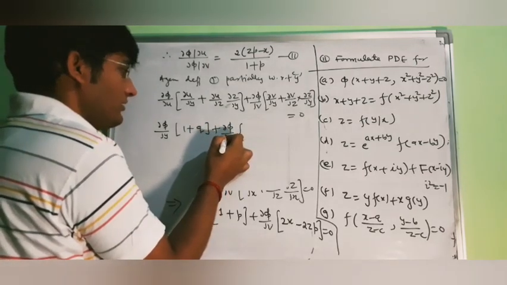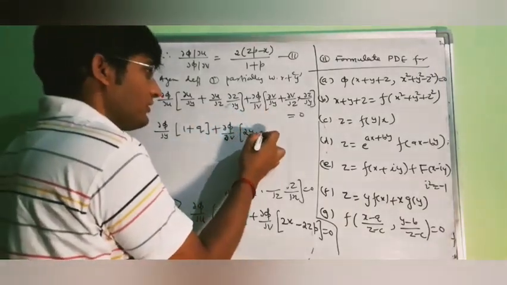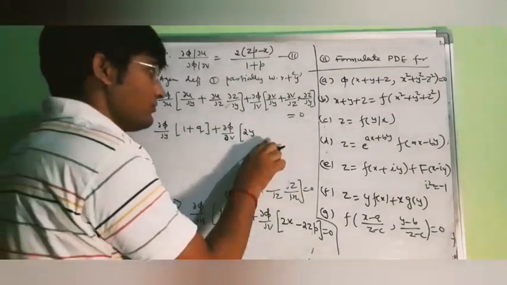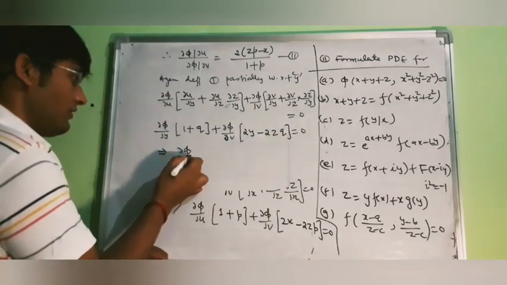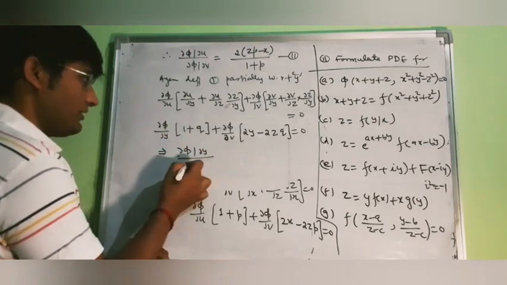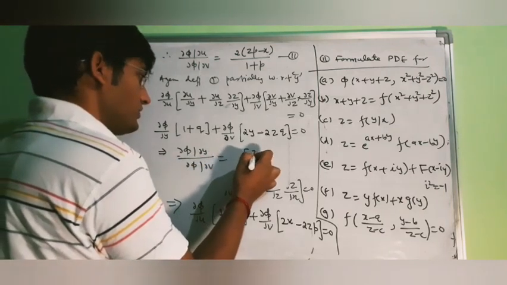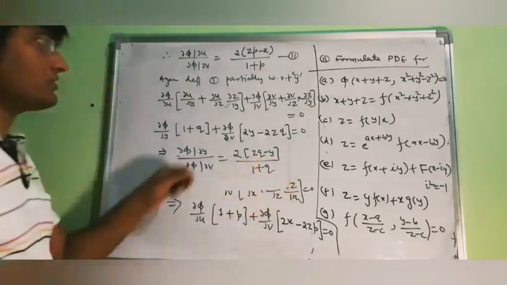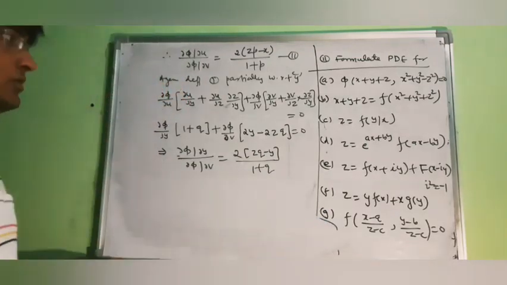Now del v upon del y, as v is equal to x square plus y square minus z square, will be 2y. Then this del v upon del z is equal to minus 2z, and then here we will have q. So from here del phi upon del y divided by del phi upon del v is equal to 2 times zq minus y divided by 1 plus q. That means you can see that our x is replaced by y, and in place of p we are getting q. So by 2 and 3,